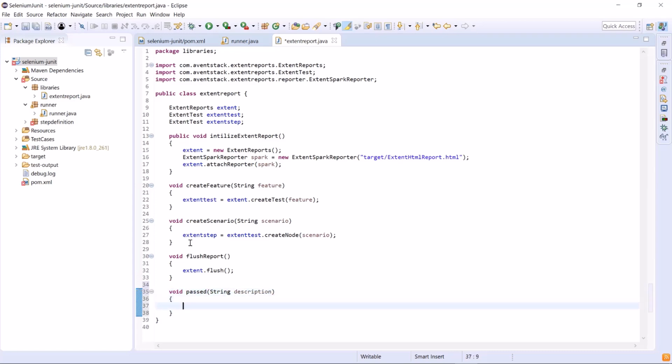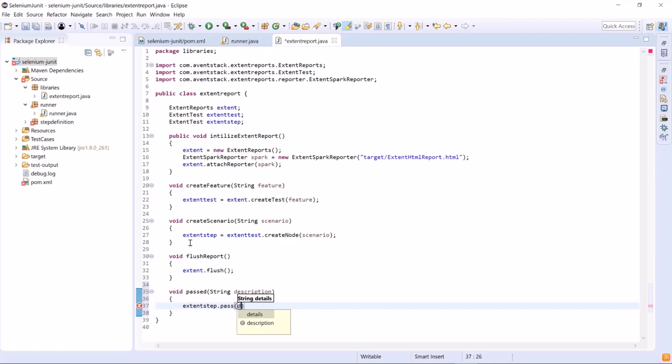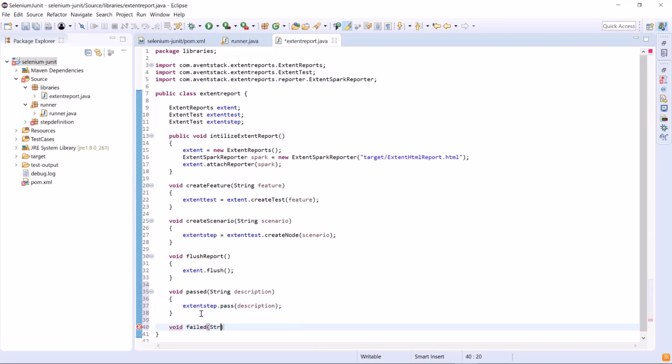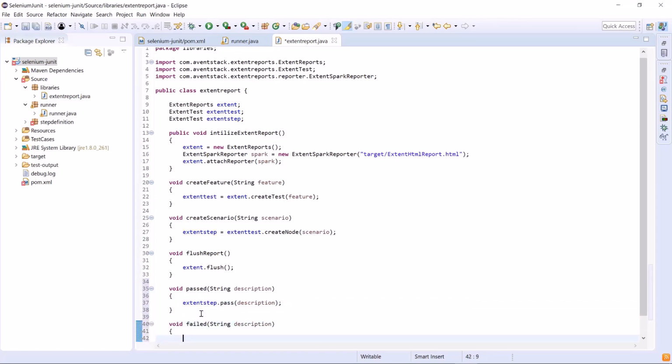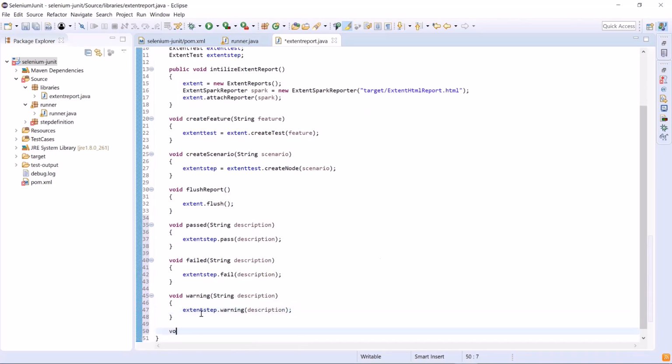And to generate the pass test step in the report, we'll write extentStep.pass and pass the description. So now whatever test steps we get will be printed under the same test scenario to which those test steps belong. And in similar fashion, we'll create methods for failed, warning, and skip test steps.